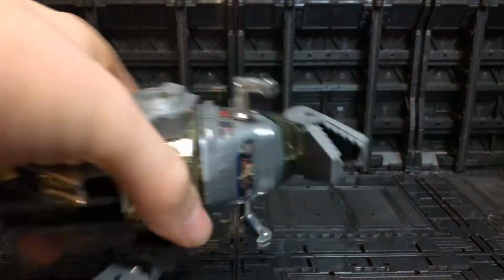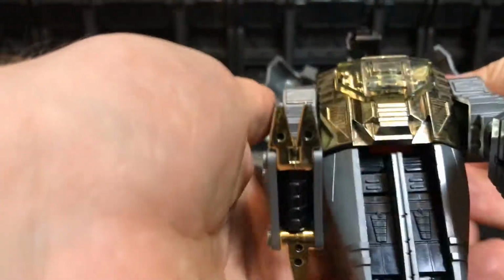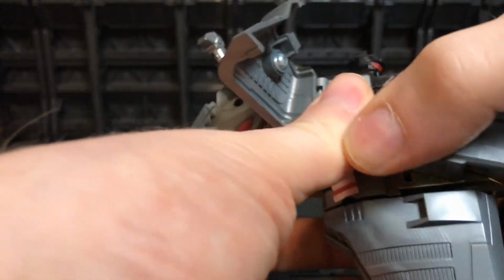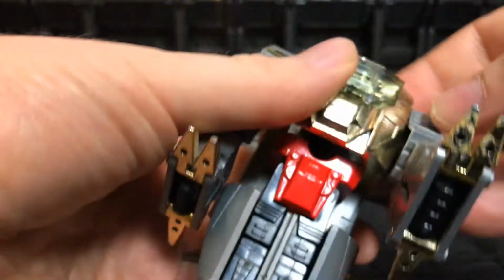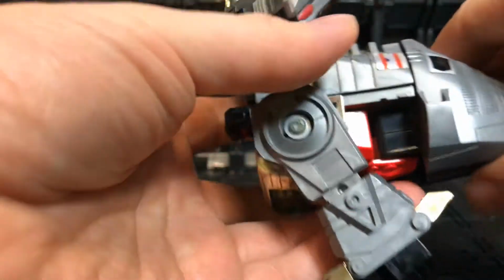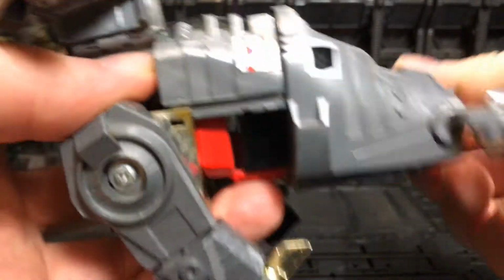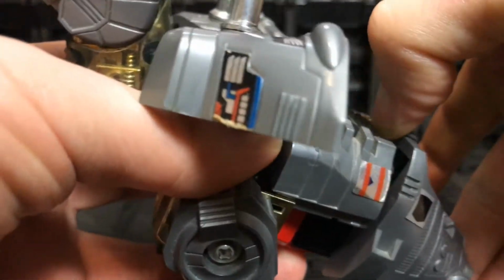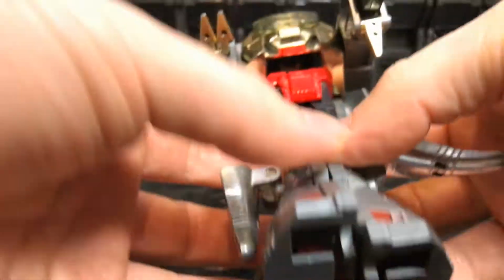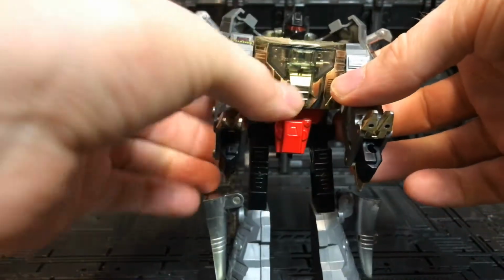Transformation time on this bad boy, very easy. G1, always easy. So flip open the head, flip open the chest, then this piece here is just going to come out and up, so it just goes in there. Then you can push the two hands back and then come around here, and you can just separate the tail and then fold out his legs like that, and then you're going to bend up and down, and the same with the other hip, where you can just go up and down, and there we have our